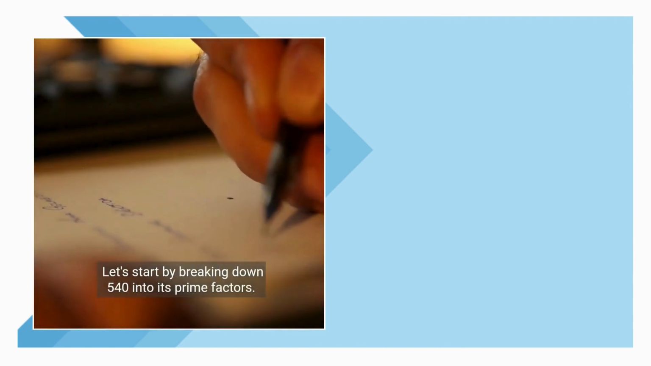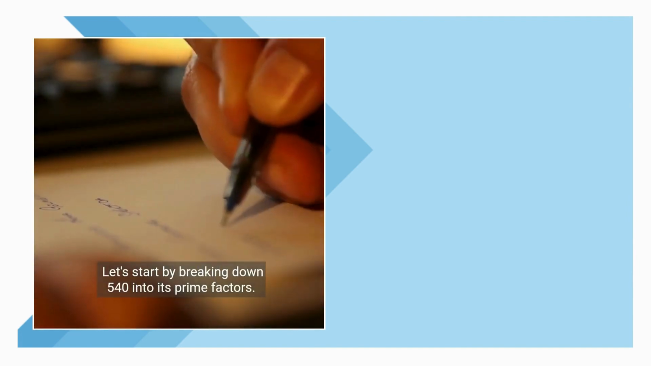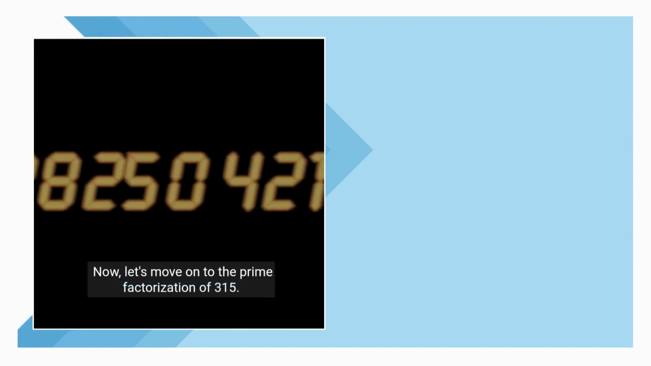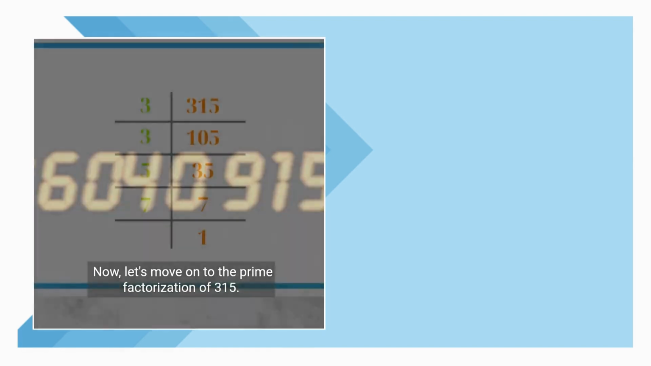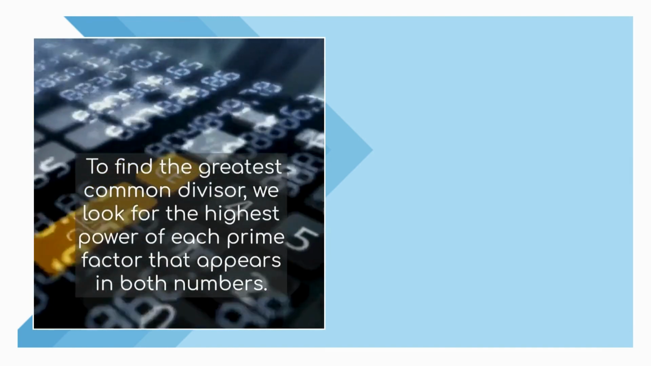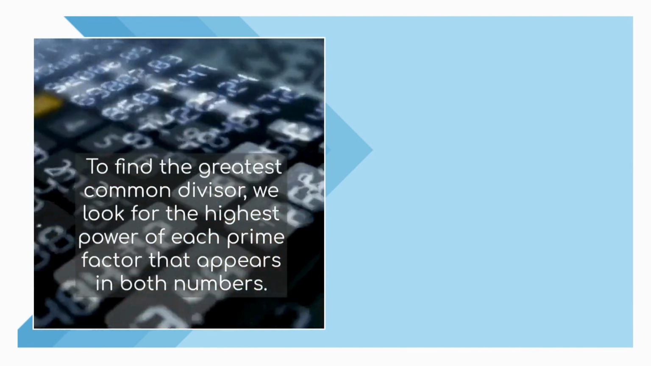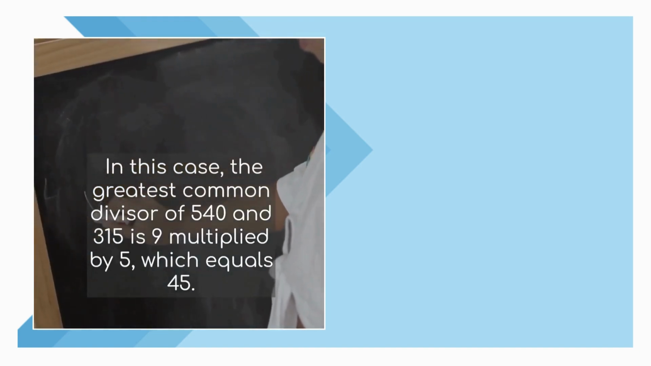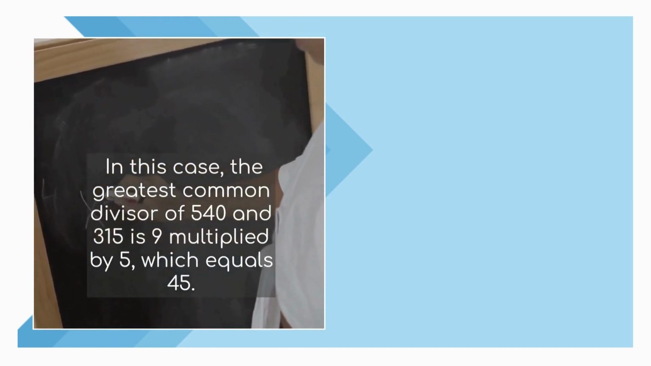Let's start by breaking down 540 into its prime factors. The prime factorization of 540 is 2 to the power of 2 multiplied by 3 to the power of 3 multiplied by 5. Now let's move on to the prime factorization of 315. The prime factorization of 315 is 3 to the power of 2 multiplied by 5 to the power of 1 multiplied by 7. To find the greatest common divisor, we look for the highest power of each prime factor that appears in both numbers. In this case, the greatest common divisor of 540 and 315 is 9 multiplied by 5,